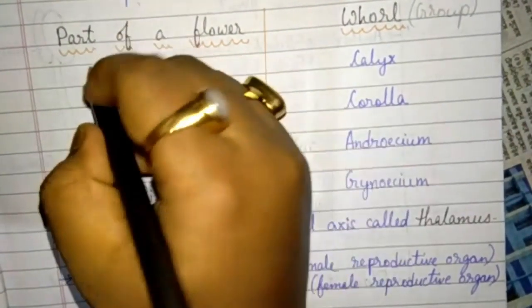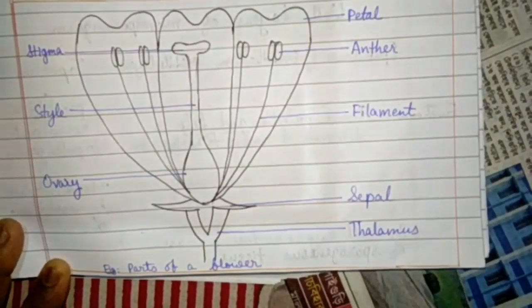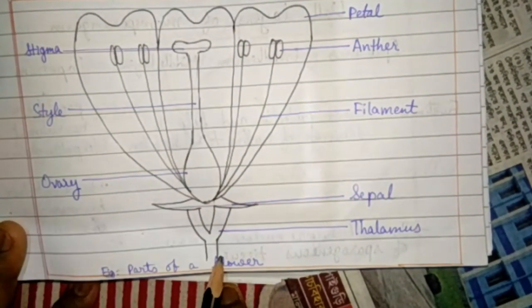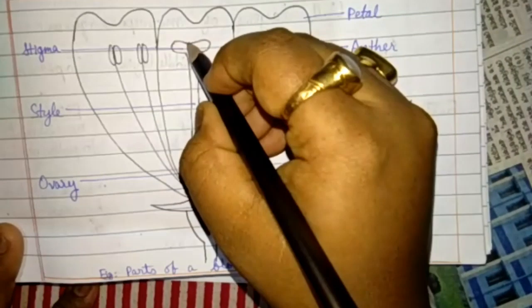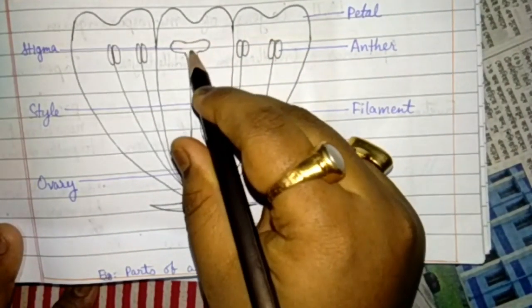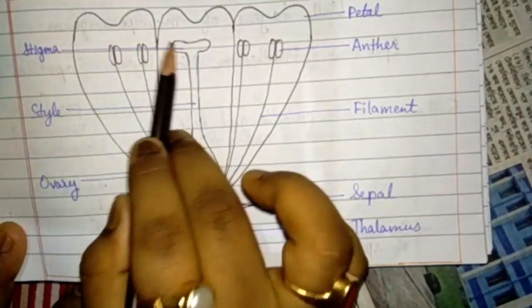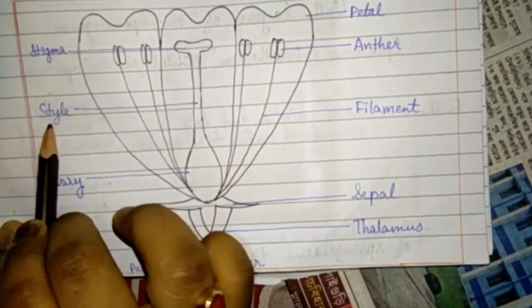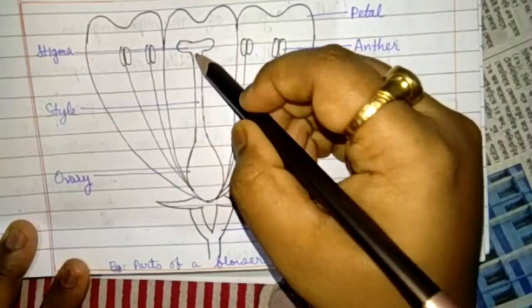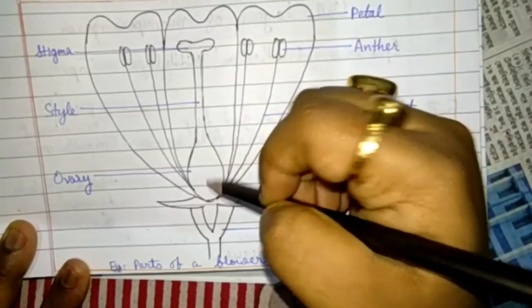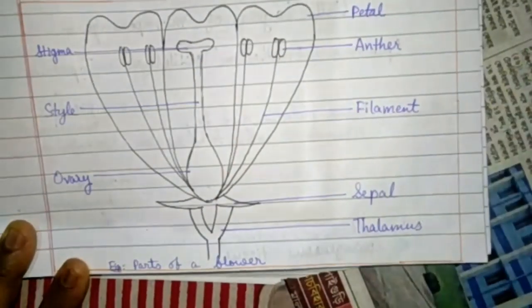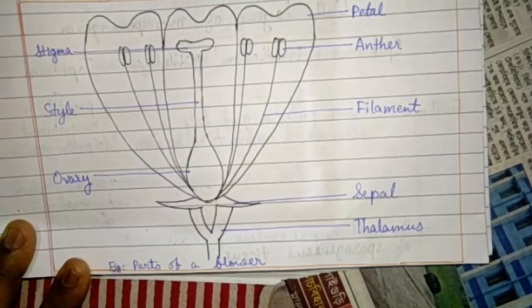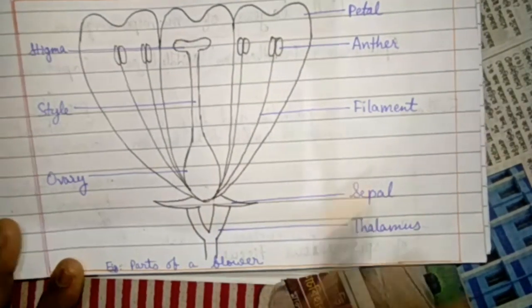Before understanding or memorizing these parts, we should first know how a flower looks. This is the figure, parts of a flower. This is the female reproductive part of a flowering plant, which consists of the stigma. Stigma is the sticky place where pollen grains land during pollination. Style is the long stalk which attaches the stigma and the ovary. The ovary is the main female reproductive part in a flower. Inside it lie the ovule and the female gamete.